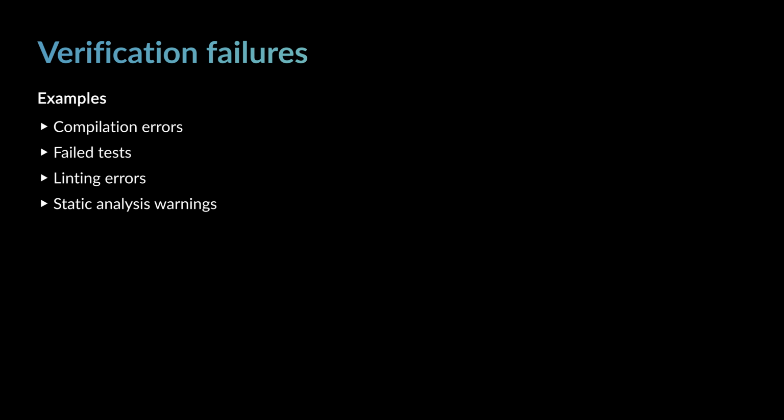Verification failures are issues that arise during the testing or quality assurance phases of a build. These typically indicate a problem with the functionality of the code, adherence to requirements, or the test infrastructure itself. Examples of verification failures include compilation errors, failed unit, integration or acceptance tests, linting errors, static analysis warnings configured to